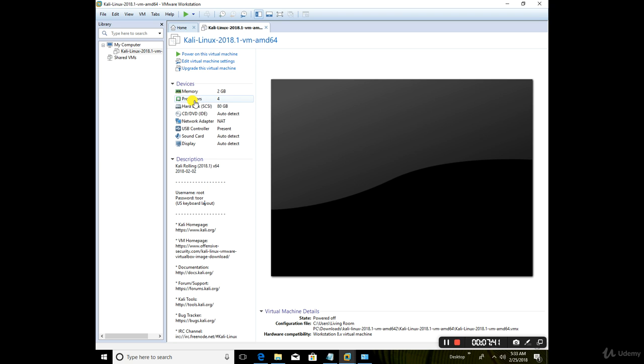So in the event, and I don't know if it'll happen here, but in the event you try to start it up and it comes back with an error saying, hey, you need 4 processors. You only have 2 on this machine. Sorry, I can't help you. I can't turn it on. So in that case, you need to go back and you need to tell the computer, you know what? I authorize you to do this on 2 processors. It's going to be slower, but I get it, but I'm taking it, right? And the way you change that is you go to Edit, Virtual Machine Settings,